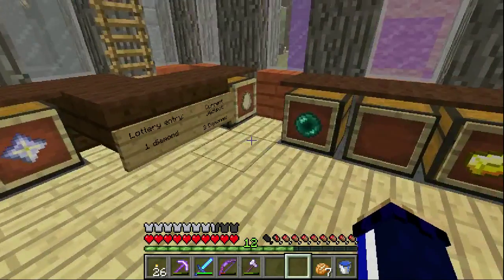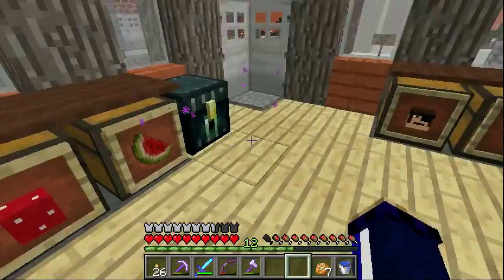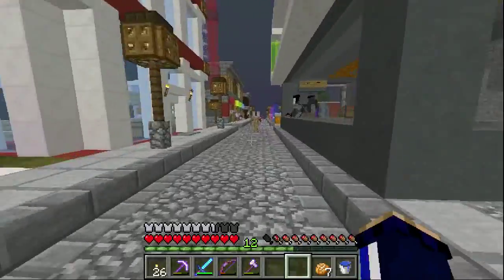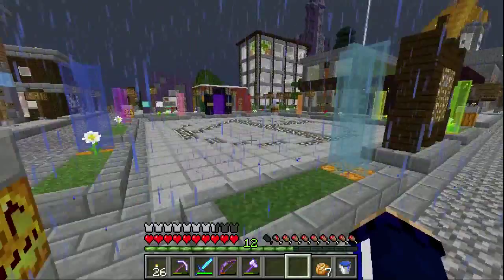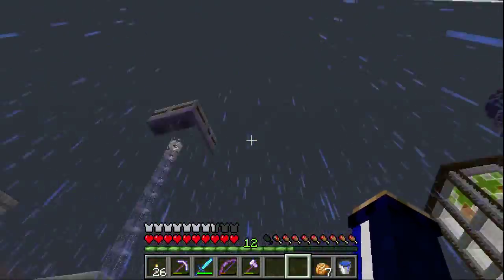Right, 1 diamond going in. I can't even remember which my chest is now. There it goes, and it's gone. I've entered the lottery, so I hope I win. I've heard it's rigged, so I'm not exactly going to hold my breath or anything. But there you go. Slander. On Oviraptor's lottery institution. Right, I'm going to head back to Mushroom, and hopefully once the rain